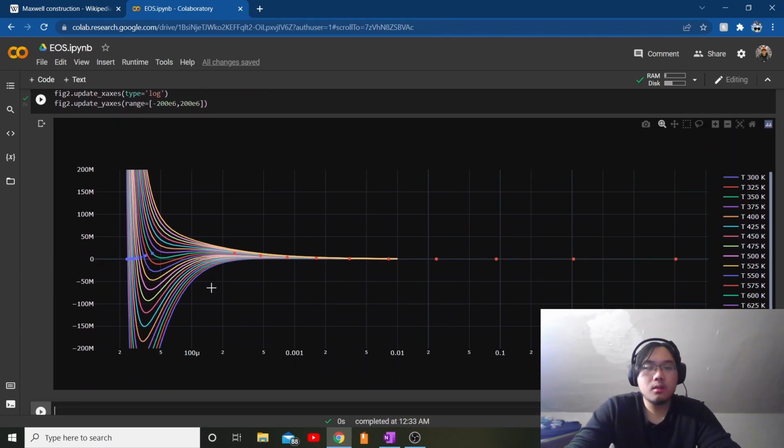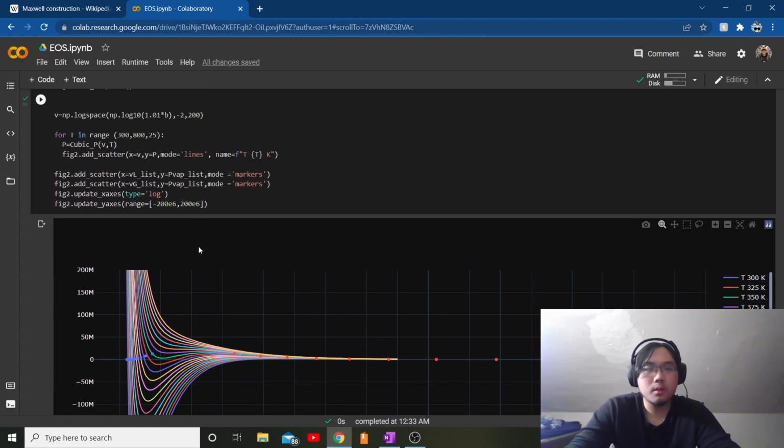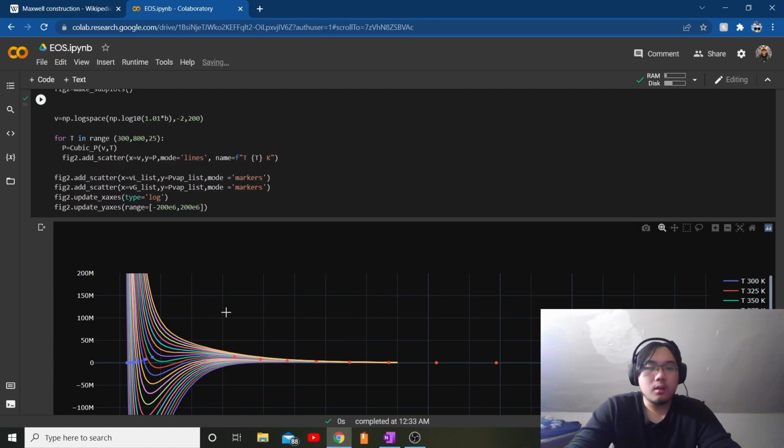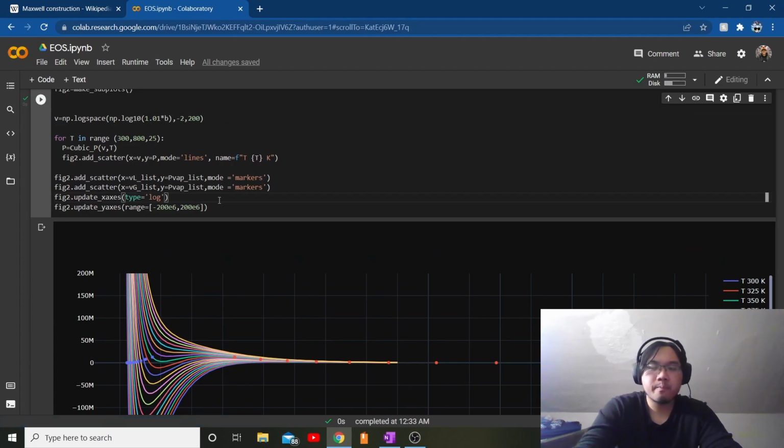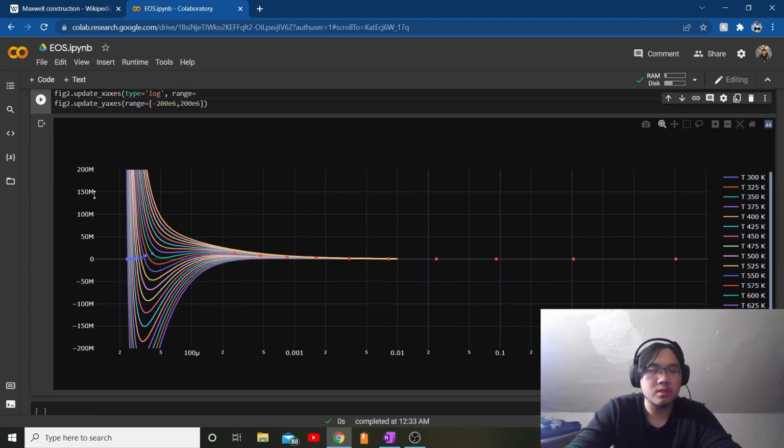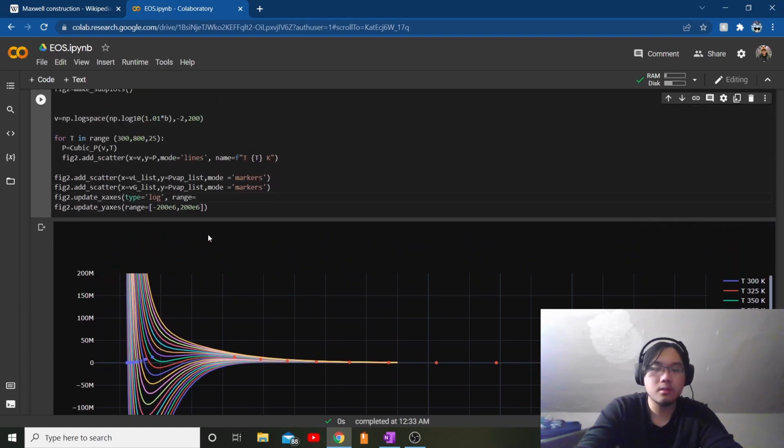And damn, that looks bad. Anyway, let's change our x-axis a bit so that we can get a better look at this, right? So range equals, let's not have this empty section here. Let's actually start where points actually start showing up, right? So we want to use the minimum volume. And we have to remember that this is on a logarithmic scale,